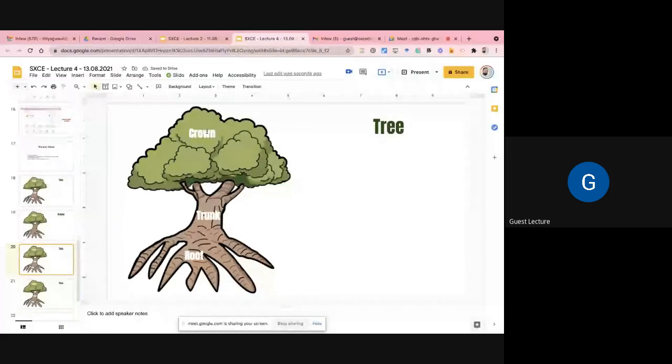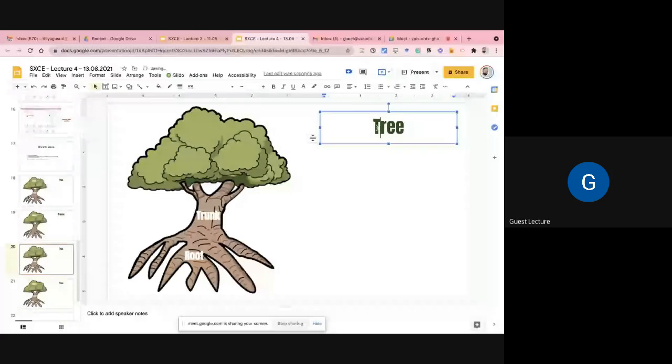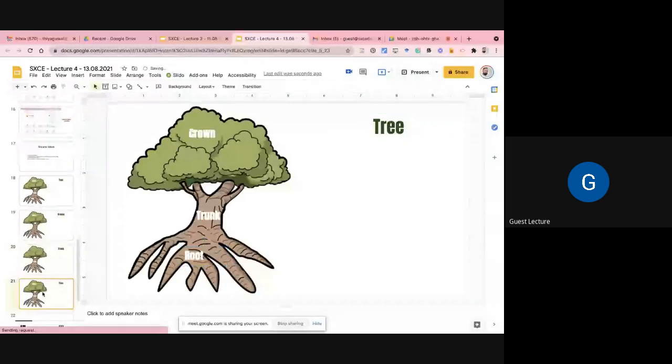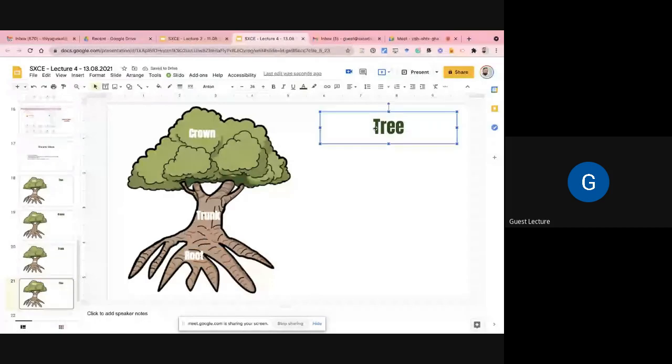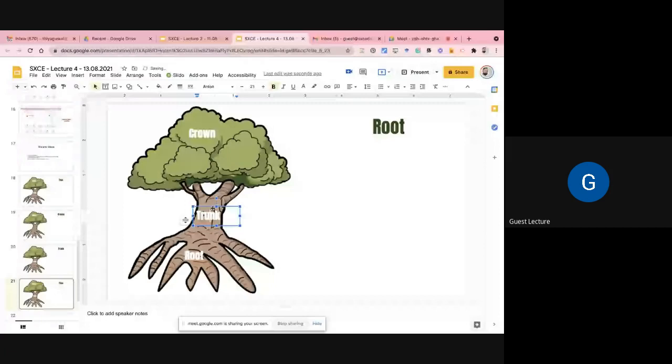I'm coming to here as a trunk, right? Then the root is not needed in this case. Just I'm clicking here. And the last slide is talking about the root. So I'm typing it as a root, and I'm deleting the other things, trunk and crown. Okay. So now we have the first slide tree, the second slide crown, the third slide trunk,